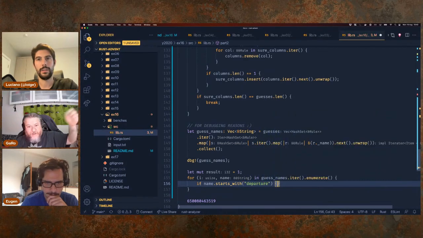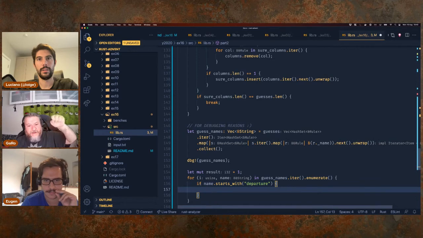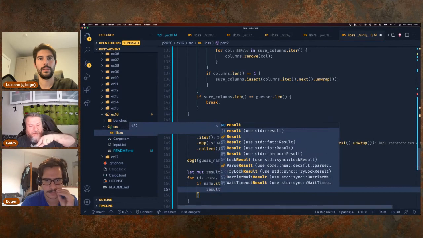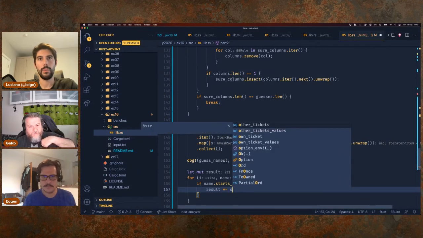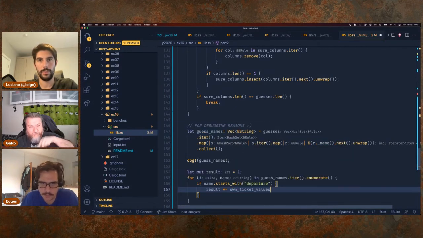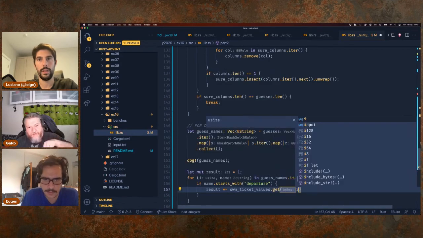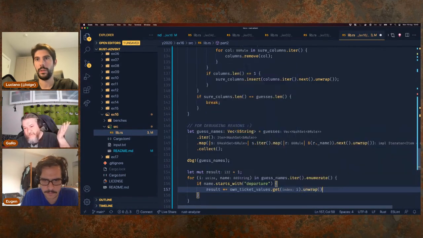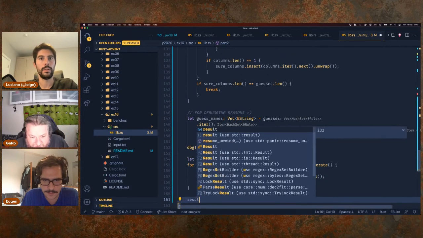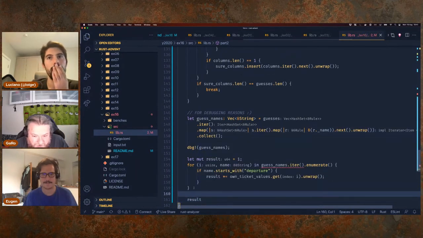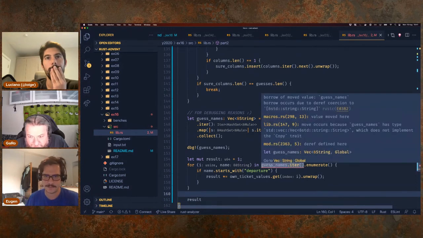Our result star equal, we multiply by our ticket values. So get I unwrap. Boom. Now we will return that result, that must be u64, but